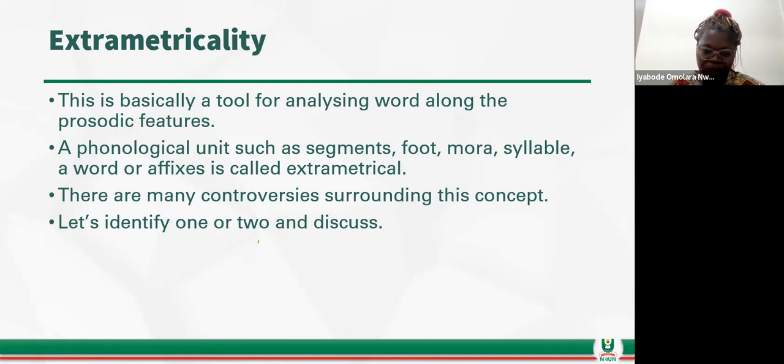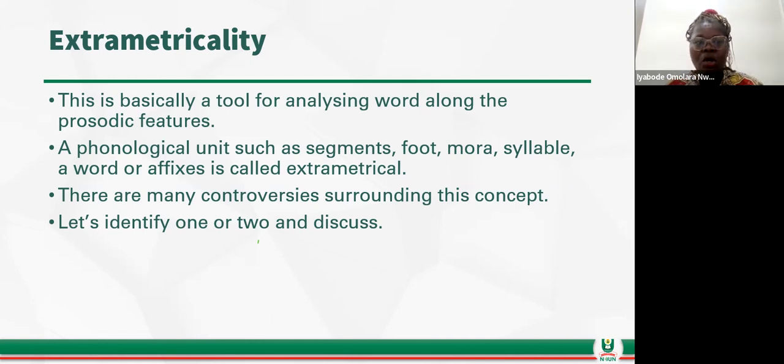Now, this one, I wanted us to actually discuss it. This one that I even see people are refusing to talk about. I don't know what people are not going to do here. When you talk about extrametricality, there are a lot of controversies about this, but basically it